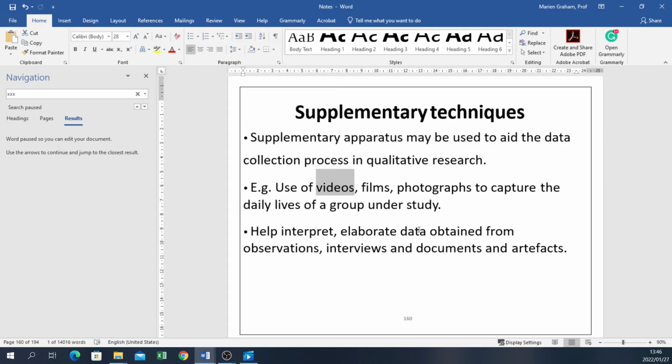So see, I'm doing qualitative data analysis by looking at the new trends, whether in fitness or in eating habits. Like the newest trend is intermittent fasting. So trends differ. You can look at YouTube videos, you can look at a concept like fitness or healthy eating, and you look at what the recent trends are that are now coming out. So videos and films, photographs, to give you an idea how you can use that for